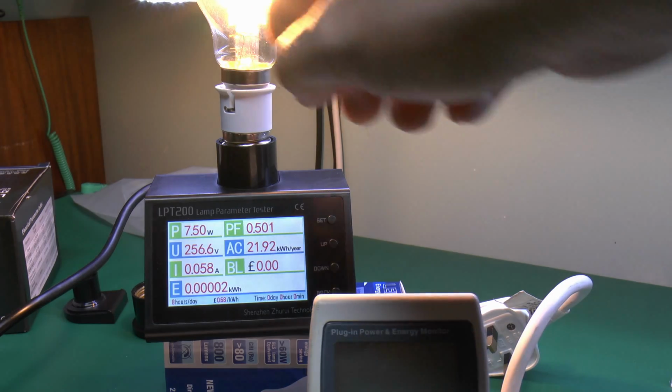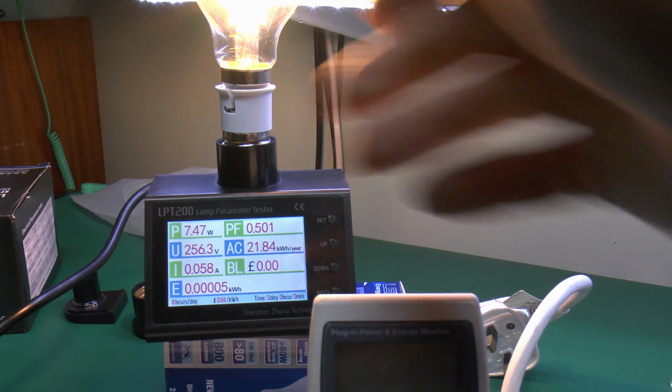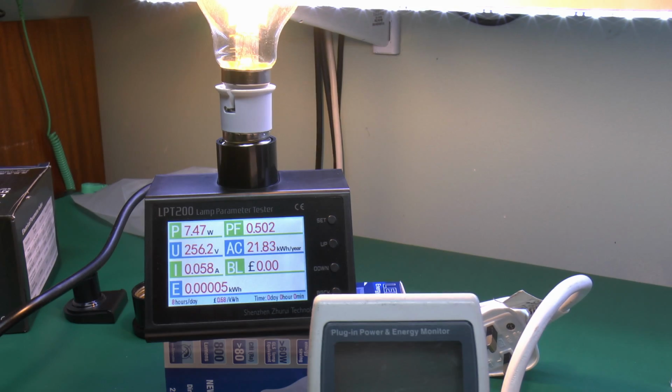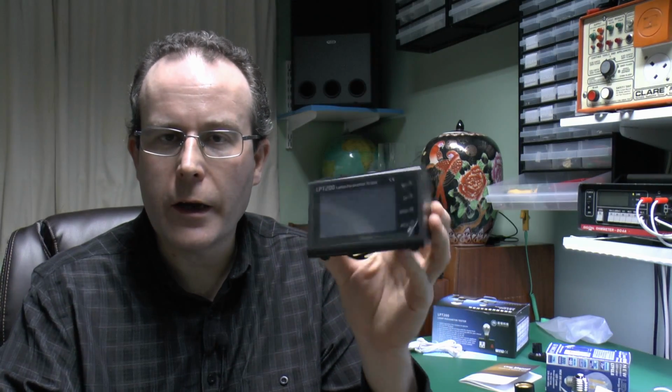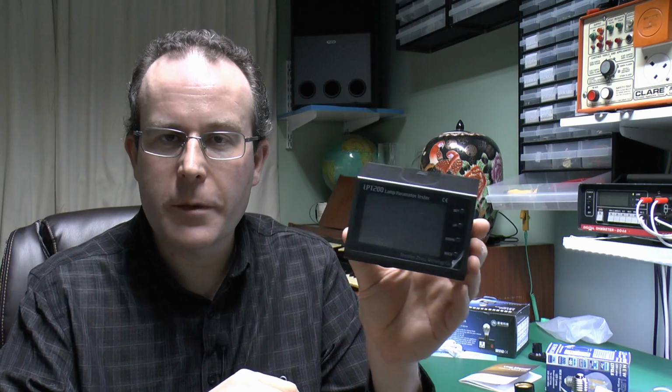So just put the lamp back in the socket on the top of the device, and sure enough power factor is 0.5, so again that seems entirely reasonable, and power is obviously about 7.5, so this claims to be an 8 watt thing, so that's certainly again within the realms of possibility. So that's a look at the LPT200 lamp parameter tester, and this came from someone on AliExpress,